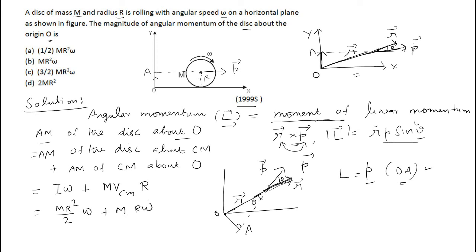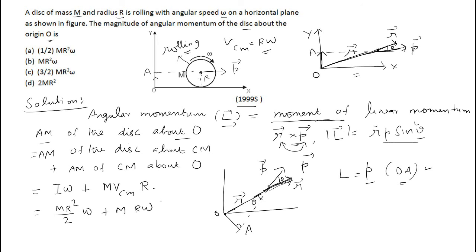Why do we say VCM is R omega? Because the disk is rolling. Whenever this body is rolling, VCM is R omega. It is a condition for pure rolling. That is, the velocity of the center of mass will be the product of the radius of the disk and the angular velocity. Actually it is rolling without slipping. If there is slipping, then VCM equal to R omega will not be valid. Okay, so we proceed.